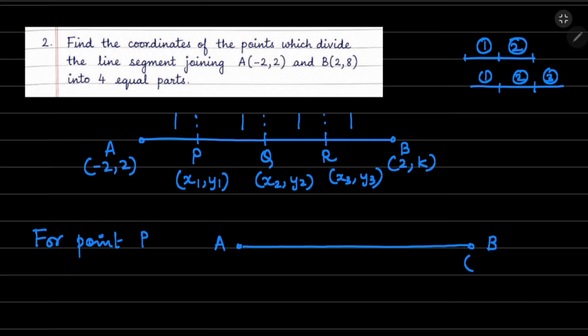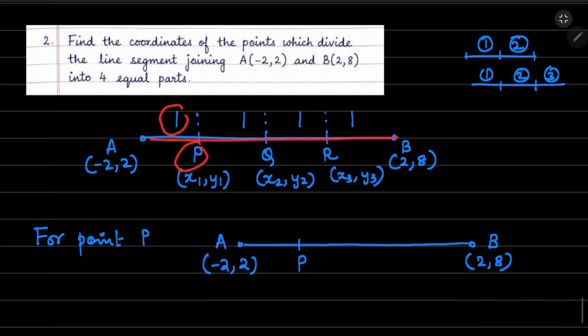So just mark, just a second. B is (2, 8). Okay, the B point is (2, 8). A is (-2, 2). So suppose you have your point P. What ratio is point P dividing AB into internally? It is 1 is to 3. Okay, 1 plus 1. So 1 is to 3 is the ratio in which the point P alone is